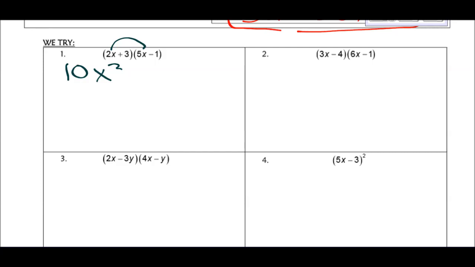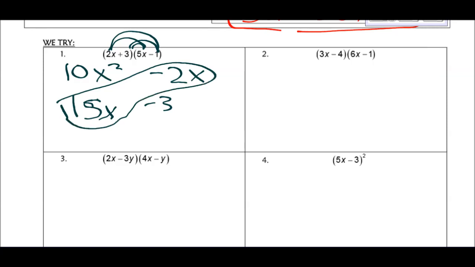And then after that you multiply the outside terms, and that gives you negative 2x. And then you multiply the inside terms, and then you get 15x. And then you multiply the last term. And then it's negative 3. And then you combine like terms, and you combine these, and then it's 13x plus